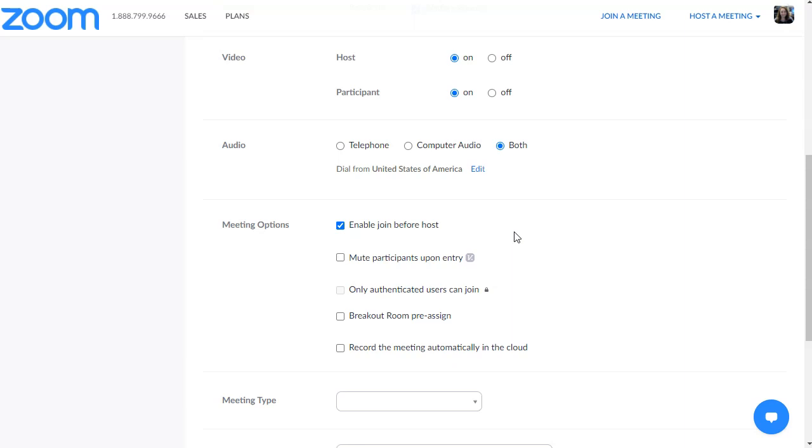But if you find that you're getting too many emails because people are clicking your link all the time and it's just driving you crazy, then you can deselect that if you would like. You can also choose to mute the participants upon entry. This can be nice if you are finding that your lectures or meetings are a little bit unruly, but I really like to give people that flexibility to have those conversations at the beginning,